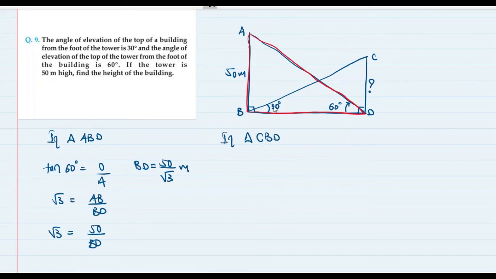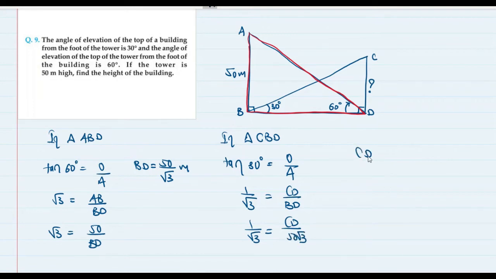In triangle CBD, again with respect to this 30 degree, I have to find the opposite side and I know the adjacent side. So tan 30 degree is equal to opposite upon adjacent. Tan 30 is 1 by root 3. Opposite is CD. Adjacent is BD. So 1 by root 3 is equal to CD by BD. BD is 50 root 3. Okay. So CD is equal to